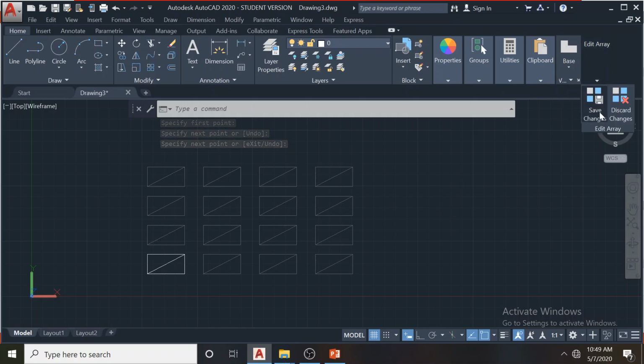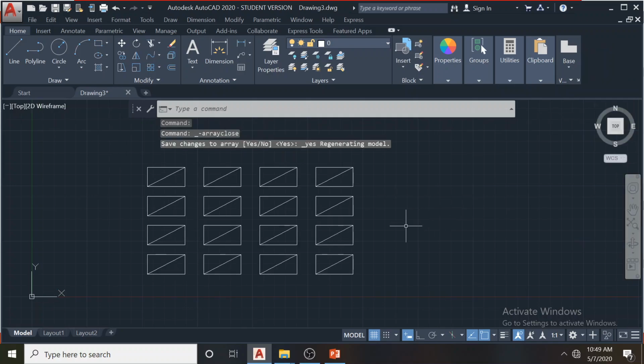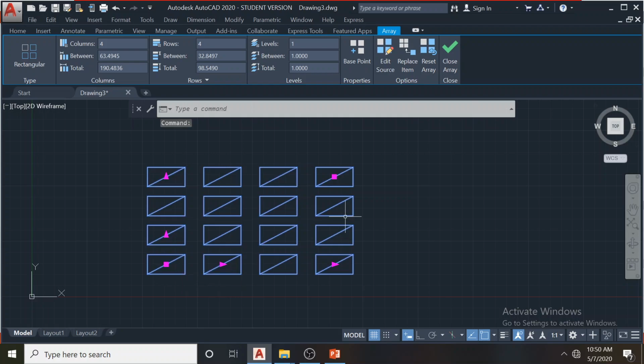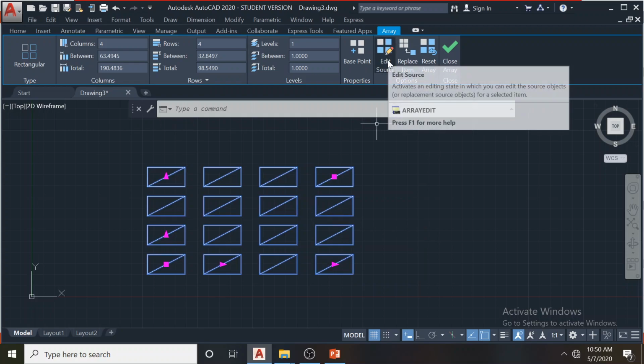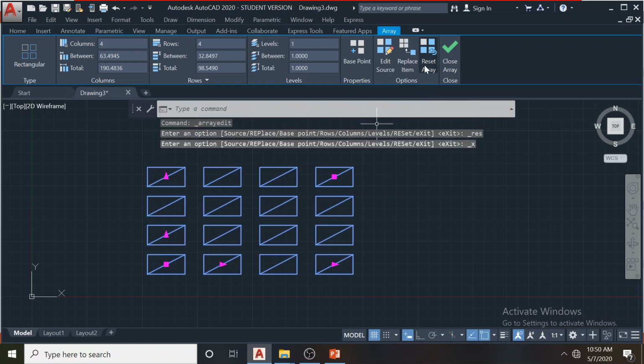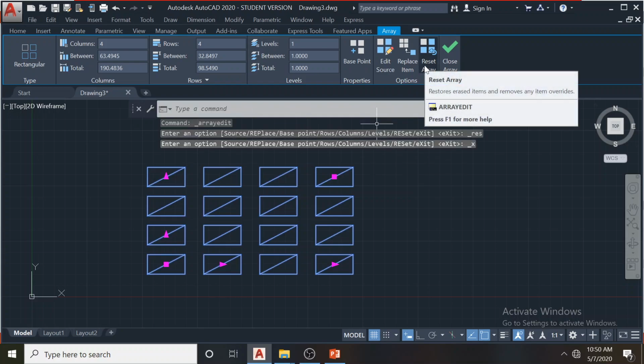Now I have to save these changes. My array was changed to another shape, so everyone will get the same shape. This is really easy in a big design. If you have done a big design and have to change this pattern everywhere, edit source is really easy. And you have a reset array button to reset the array back to normal settings.